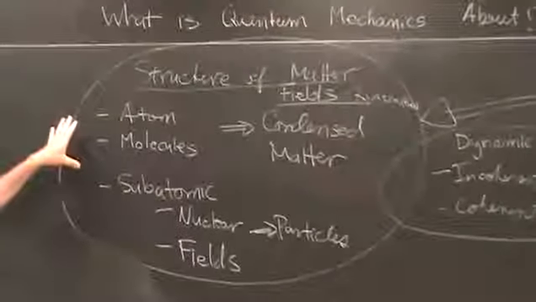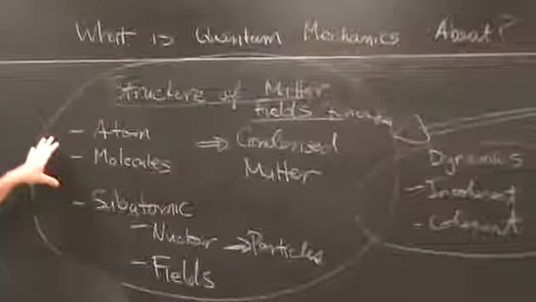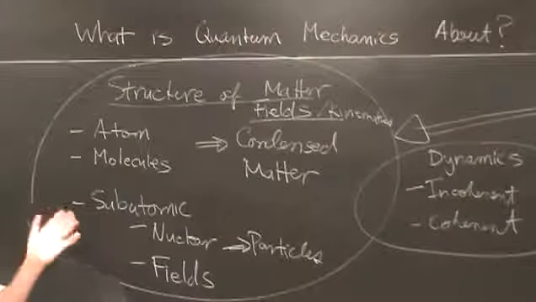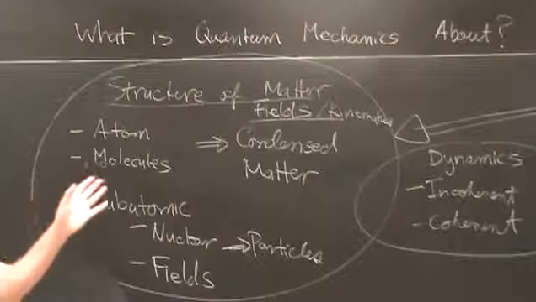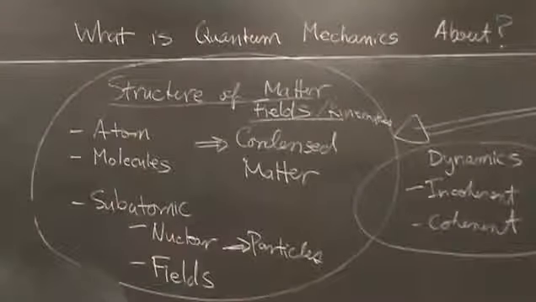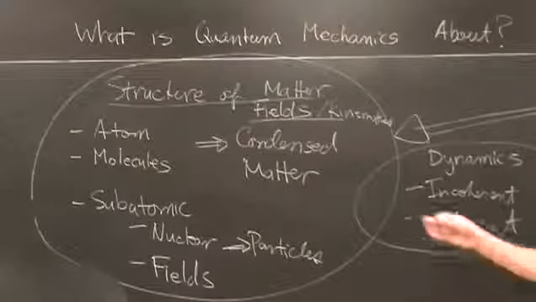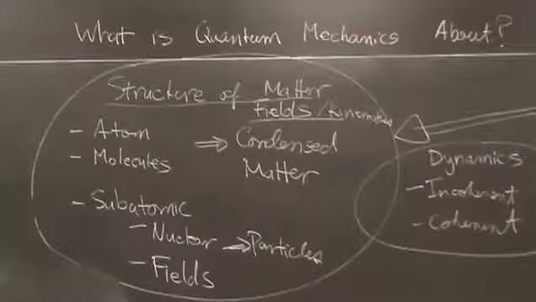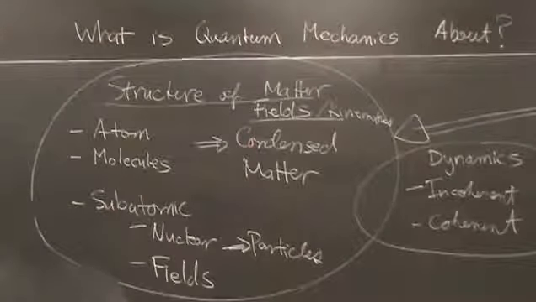We best understand what the heck is a molecule? What's the Born-Oppenheimer approximation? These are things that are forgotten because they're not sexy anymore. We all want to learn about Bell's inequalities. But we better understand something if we're going to do astrophysics about the spectra of atoms and molecules. We want to understand the universe. We're going to be graduate students in physics. We should understand the structure of matter and fields. So we'll be spending quite a bit of time on that as well. So that's sort of the big picture.